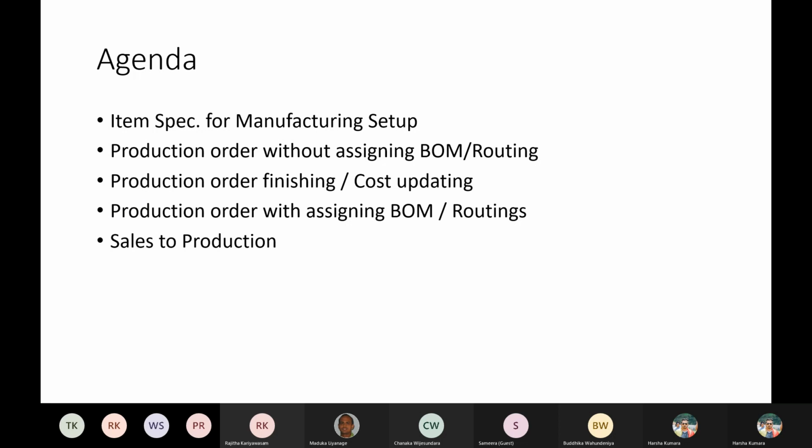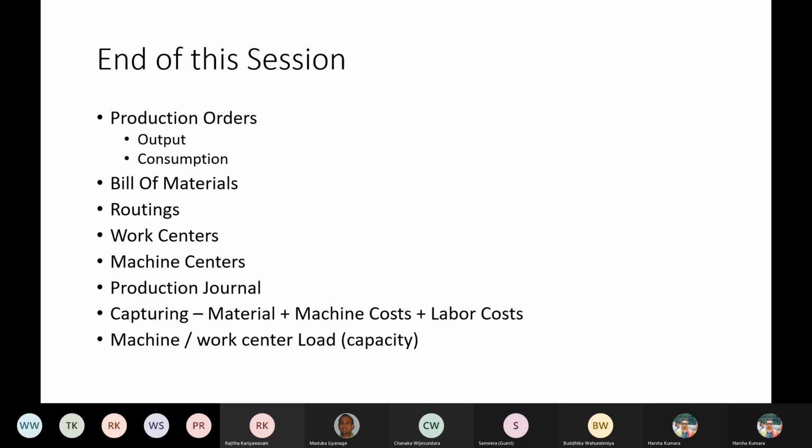And we have to look at how the production order is created, how the production order consumption and output posting work, and also the production cost maintenance for work centers and raw materials. And also we have to look at the sales to production part in Dynamics Navision ERP. We'll go through one by one, and I will go with standard parameters so that by the end of this session you